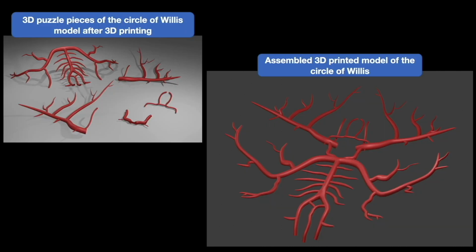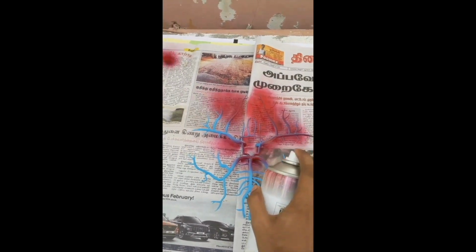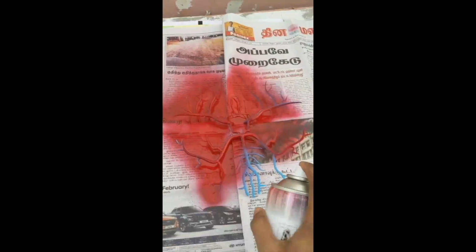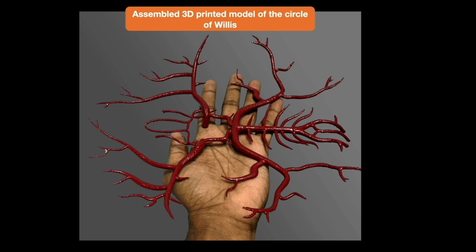On the left-hand side, you can see the 3D puzzle pieces of the circle of Willis model after 3D printing. And on the right-hand side, you can see the assembled 3D printed model of the circle of Willis. In 3D printing, the models can only be printed in a single color. After 3D printing, the models can be colored with the help of spray paint as shown here. After red spray painting, this is how the final assembled 3D model of the circle of Willis looks, as shown